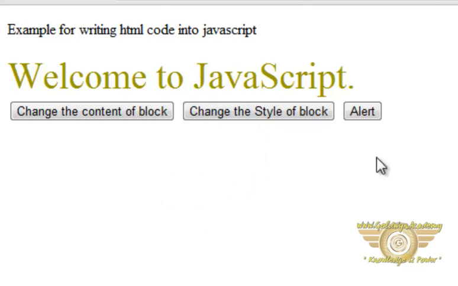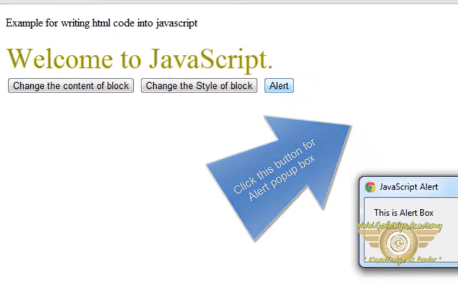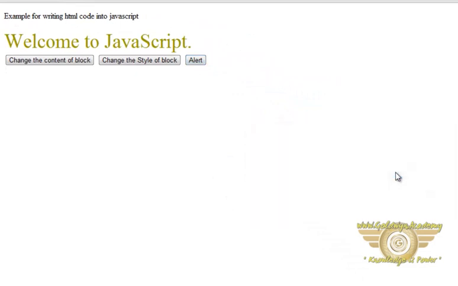Now go through the alert box. When I click this button, alert box will pop up. Yeah, this is the alert box. Okay, I think now you have a clear idea about these JavaScript outputs and JavaScript